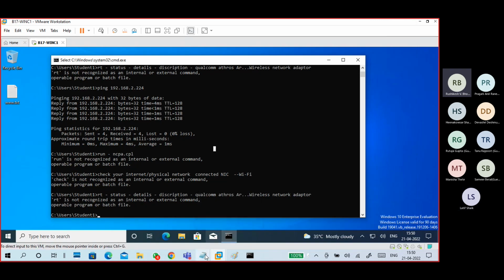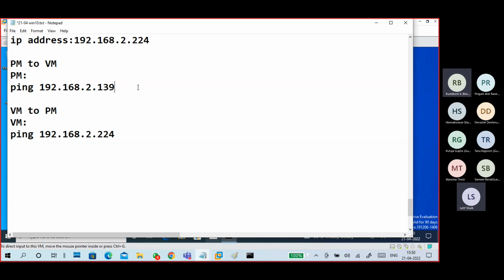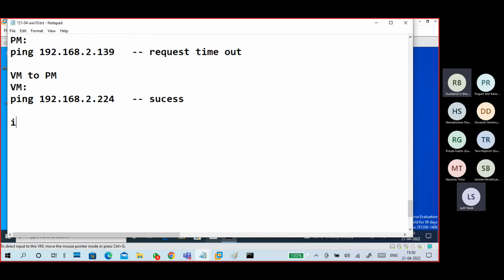In this one, you get request timed out, or timeout, whatever it is. So what to do? In the virtual machine, the firewall logs the ping request from our PC.